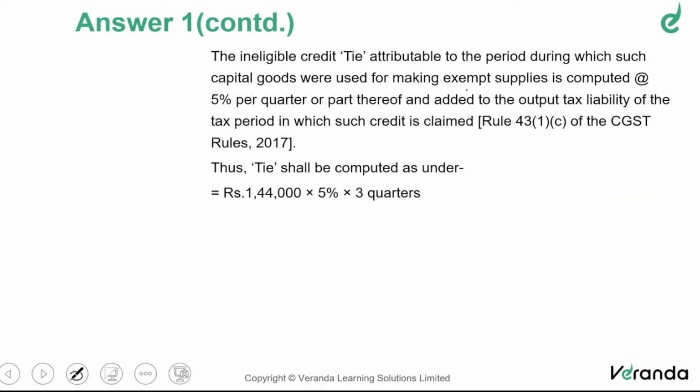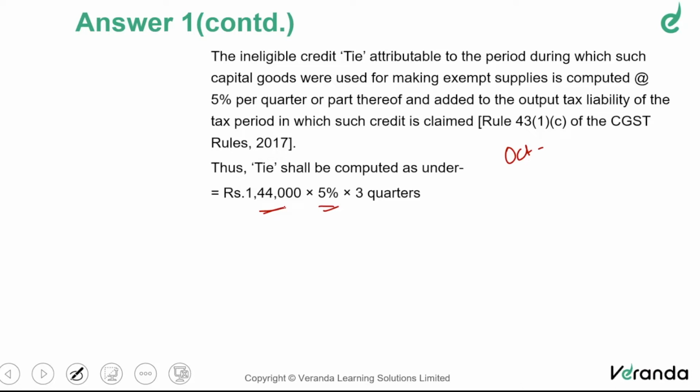So if you remember, machine number 4, when is it purchased? 1st of I think October. 1st of October. Last year, correct? Last year, first of 3 quarter. Perfect. October, so per quarter or part thereof, we need to reduce how much? 5%. 144 is the amount. That also everybody is clear. How many quarters? 3 quarters.